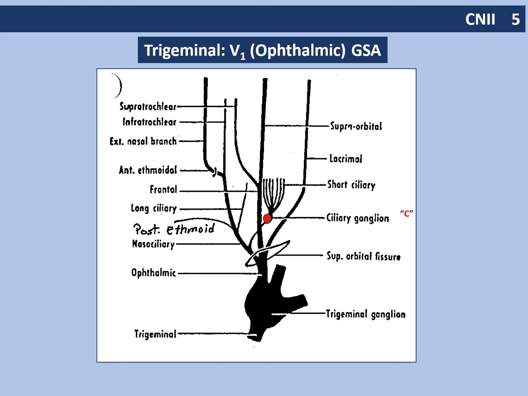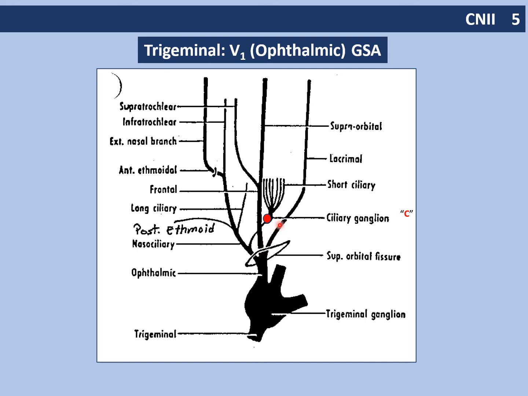So we've talked extensively about the maxillary and mandibular divisions, or the second and third divisions of the trigeminal nerve, when we discussed the infratemporal fossa, but what we haven't discussed are the branches of the first division of the trigeminal, which is the ophthalmic division. After or as the ophthalmic nerve goes through the superior orbital fissure, it very quickly, just proximally, gives off